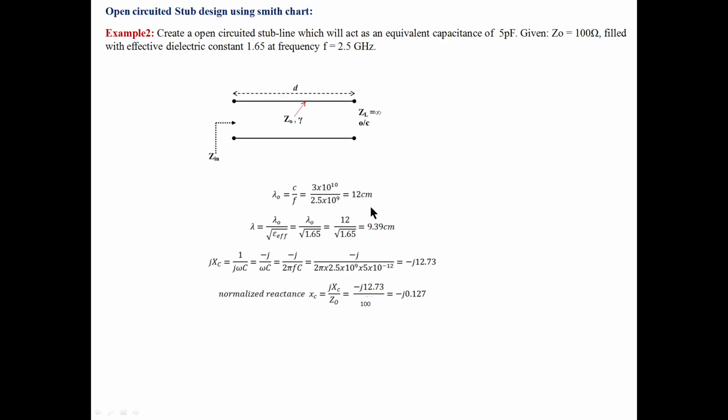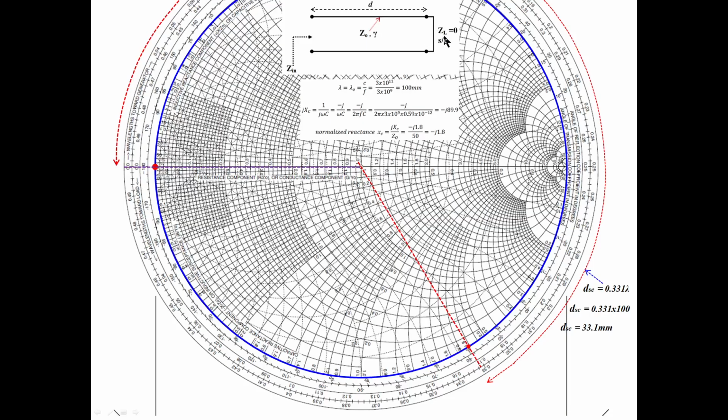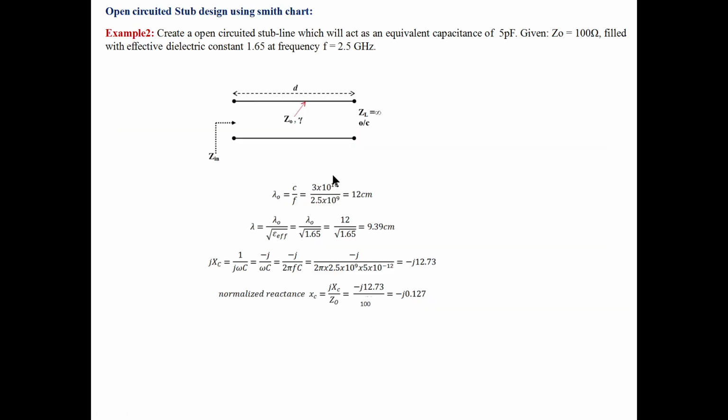In the earlier problem, it was a short circuited line, so we started from here, because it is a transmission line. A stub means a piece of transmission line, and you should find out this length. Open circuit stub means what is the impedance here? ZL is infinity. You should mark this load and draw the VSWR circle.